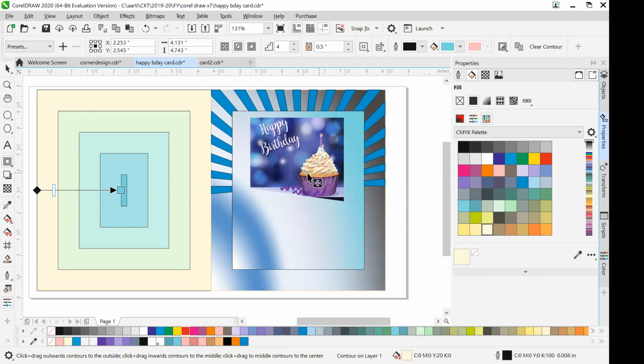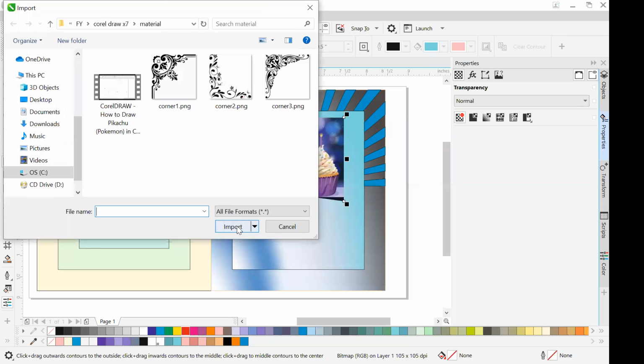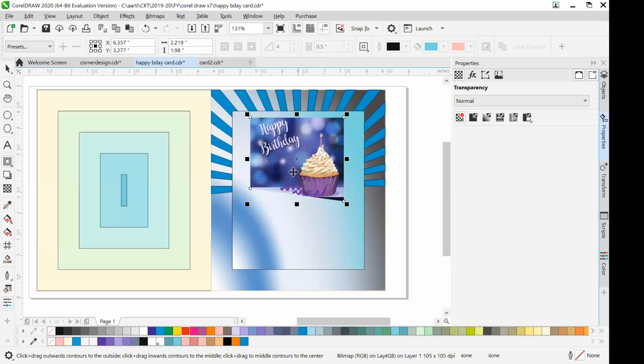This is an actual image which I have downloaded from the internet, and if you want to take it, you can right click on the internet, choose an image, and then copy it, and wherever you want to save, you can save it. And see here, the import option is there. Simply click on this import option and you will be able to see the path where you have saved that file, and then click on it and then click on import, and you will be able to import these images.